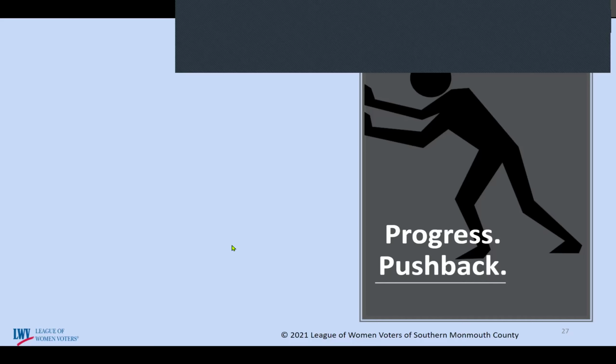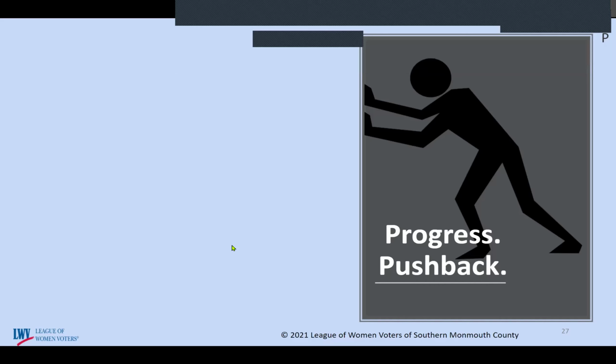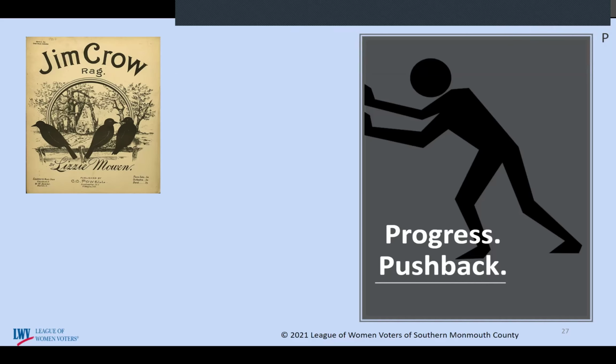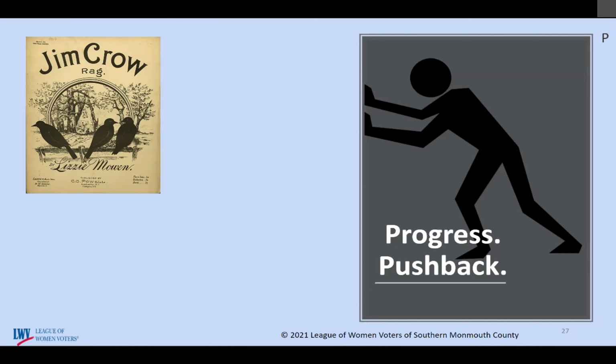All right. So we talked about progress and pushback, and that fight is still not over. We've seen how state laws and the Constitution itself changed over the course of 2 centuries to remove barriers to voting, to include the poor and the non-landowners, and the Americans and women. But there's much more to the story, because despite the trend towards suffrage, there's been a consistent push in the